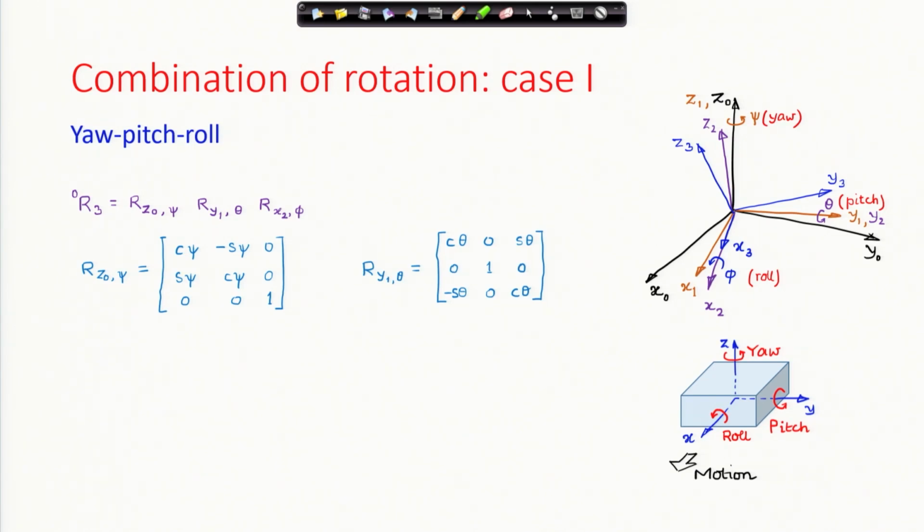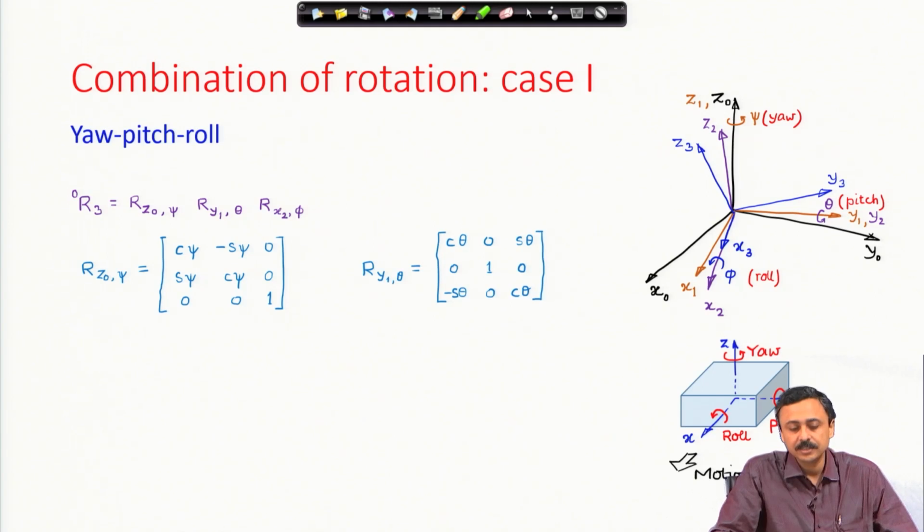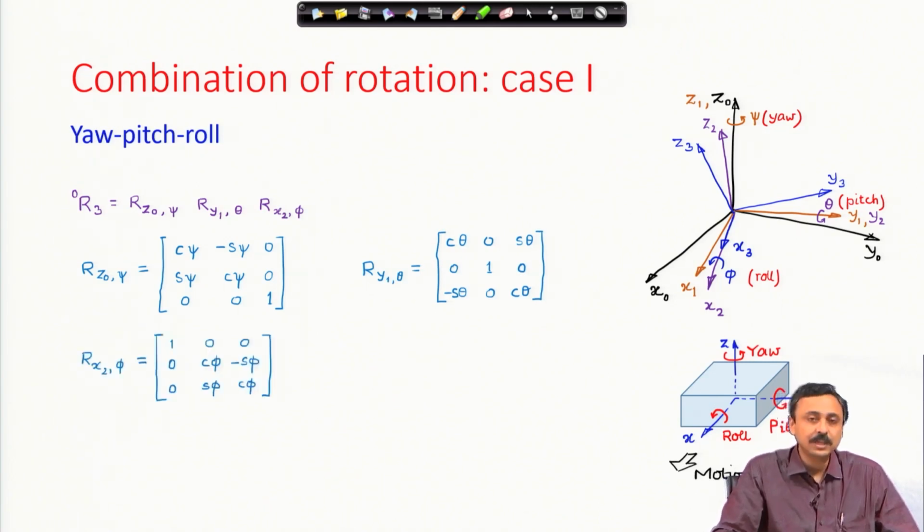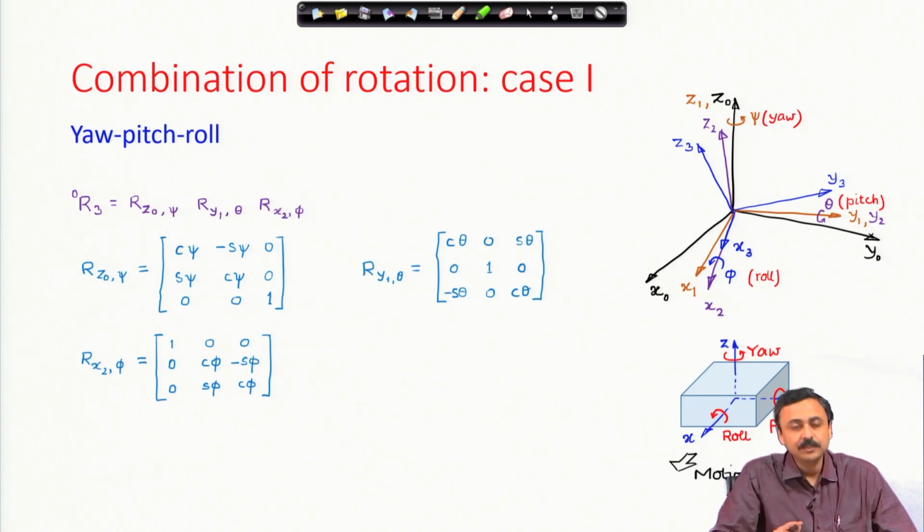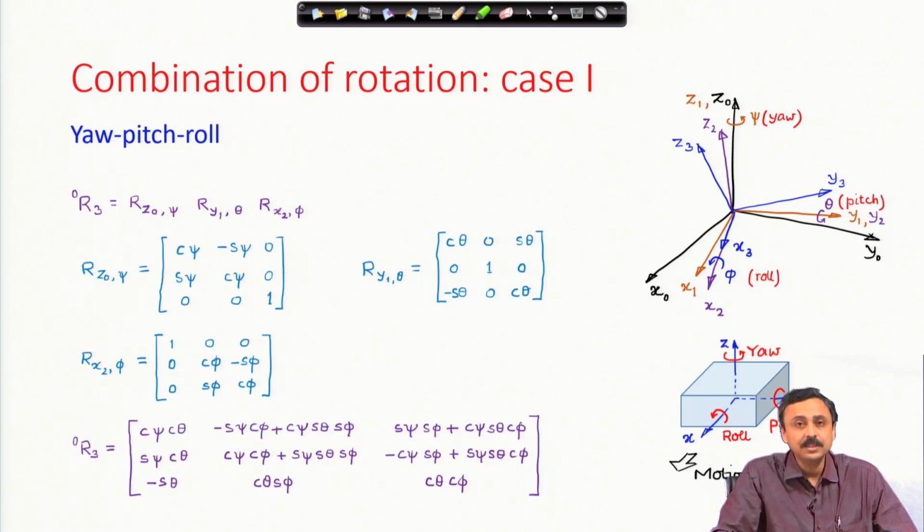First is a rotation, yaw rotation about z naught, second is the pitch rotation about y 1, they remain the same as a rotation about y axis, and the third is a rotation about x axis, which is actually x 2 by an angle phi. These are the three fundamental rotation matrices for yaw, pitch and roll. If I multiply these three matrices, I get a complicated matrix. You can check if you are interested that the determinant of this is 1, because the determinant of individual matrices is 1, therefore, the product determinant must be 1,